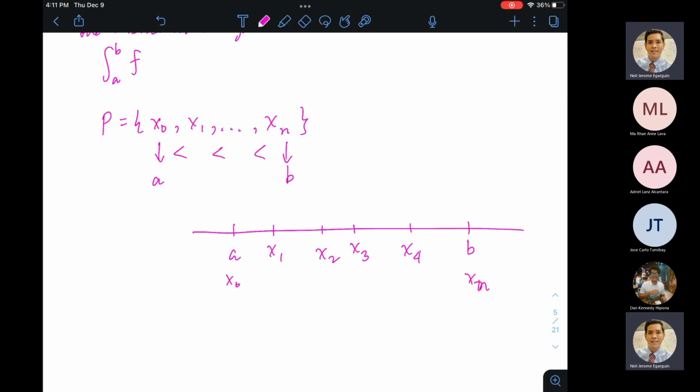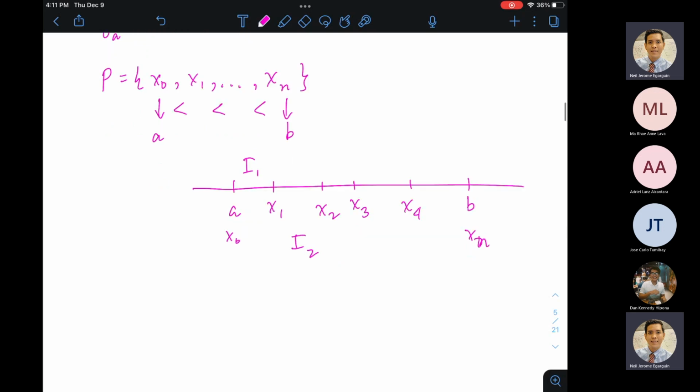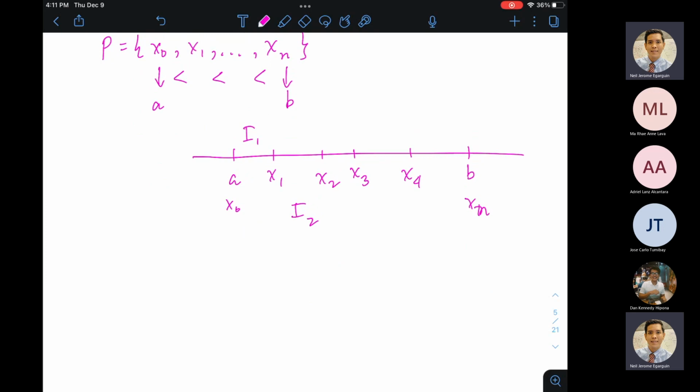So kung ito yung mga elements ng partition inducer, so I will have the following subintervals. First subinterval I1 from x sub 0 to x1. Second subinterval x1 to x2, that's going to be I2, and so on. The union of the closed interval versions of I1, I2, I3 until In will give us the entire interval A comma B. All right. And then we defined the concept of upper and lower Riemann sums induced by a partition inducer. Parang doble-doble na, no? Induced by a partition inducer.